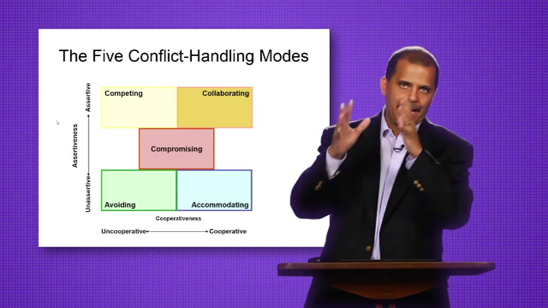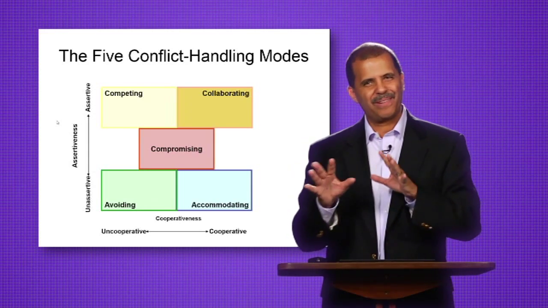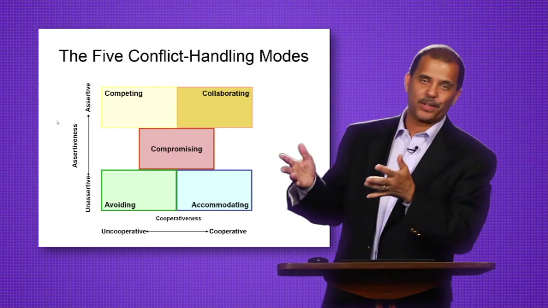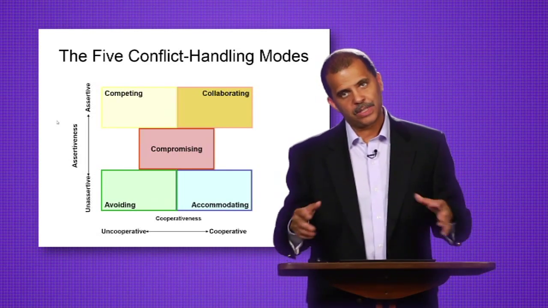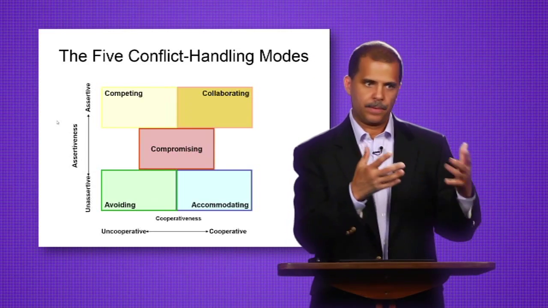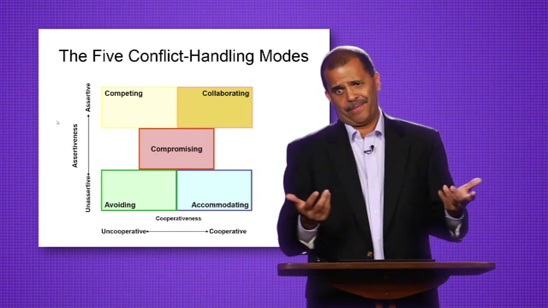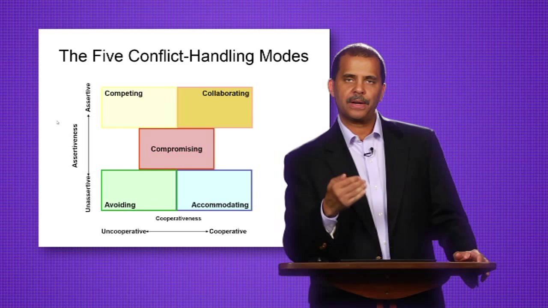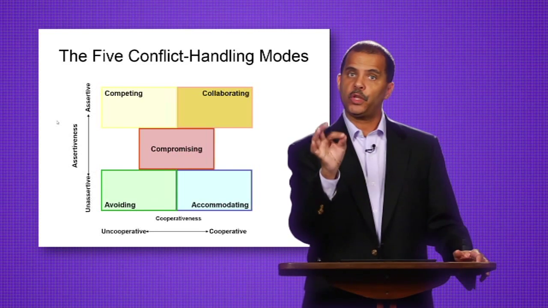So there's a little bit of kind of conflict skirmish over here, and you say, I really don't want to deal with that. So it's kind of like Burger King, have it your way. The last one is avoiding. So someone may come to you and say, hey, there's a conflict here, and you're saying, what conflict? There's no conflict here. I mean, everything seems cool to me. So that's avoidance.